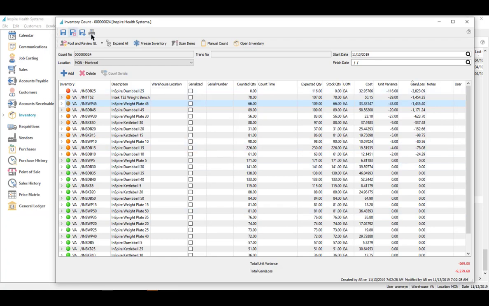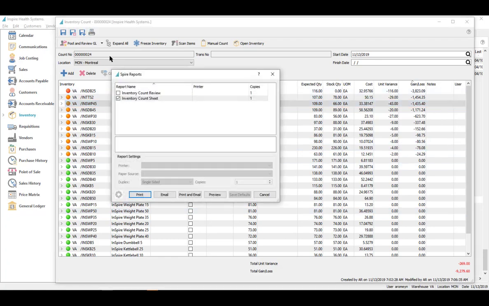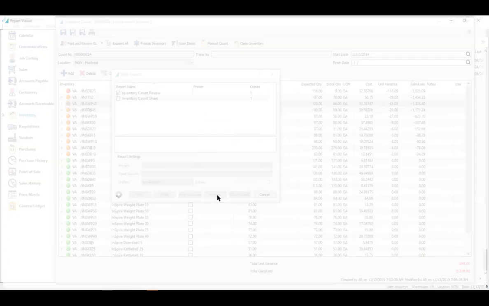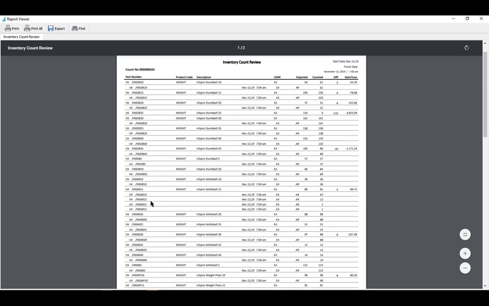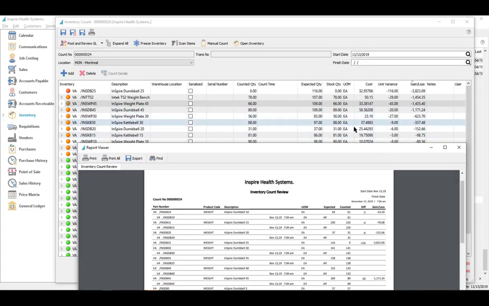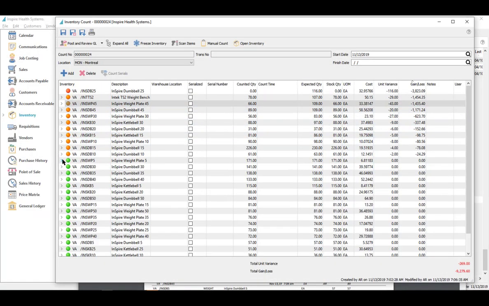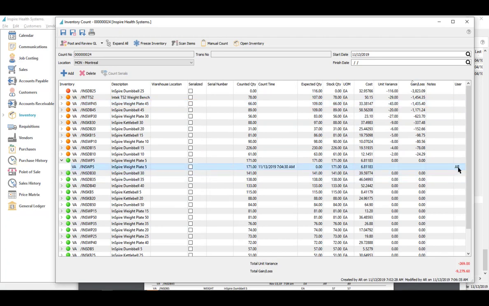At this point, you can also print a report, and instead of the count sheet this time, we're going to print our count review. Print that, and what we get is a review of everything and each count individually, and the user's initials that counted it, which we see on the list as well here. You'll see when we expand one of those, it puts the user initials right there of who counted it, because multiple people can